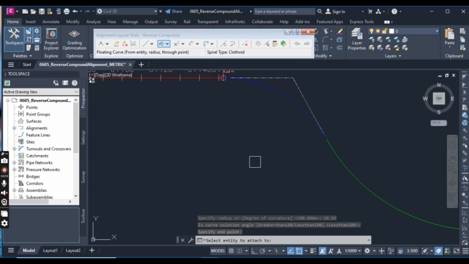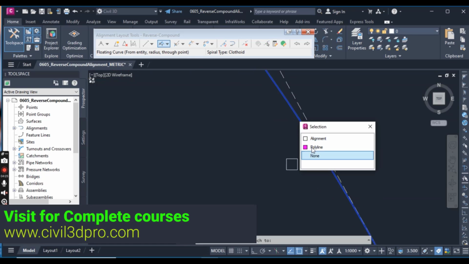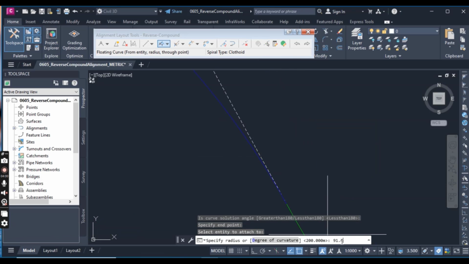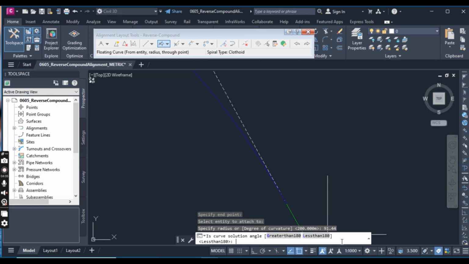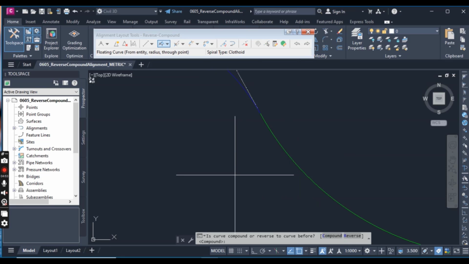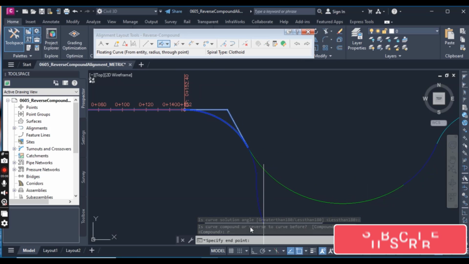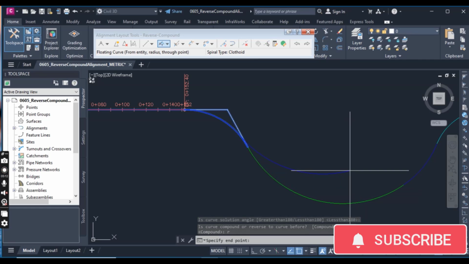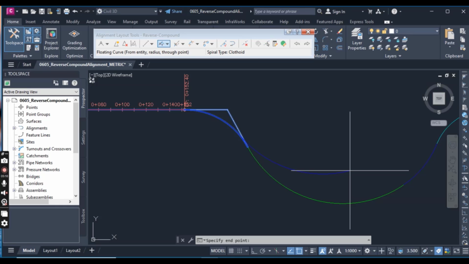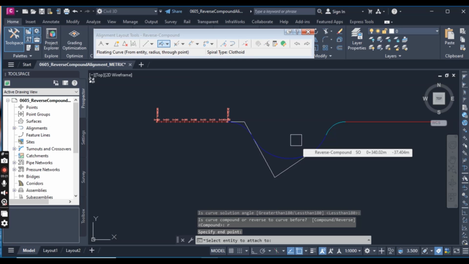The command repeats, and now at Select entity to attach, select the right side of the curve you just created here, Alignment, and for the radius, 91.44 and press enter. This time for the curve solution angle, just press enter to accept the default, and now you can see that the program detects that you are attaching a curve to a curve. At the prompt to specify compound or reverse curve, we will select reverse, or you can just write R and press enter. So you will see we can create a reverse curve. For the endpoint of the reverse curve, click the endpoint of the second arc, or the connecting point between the green and blue arcs. The command repeats again